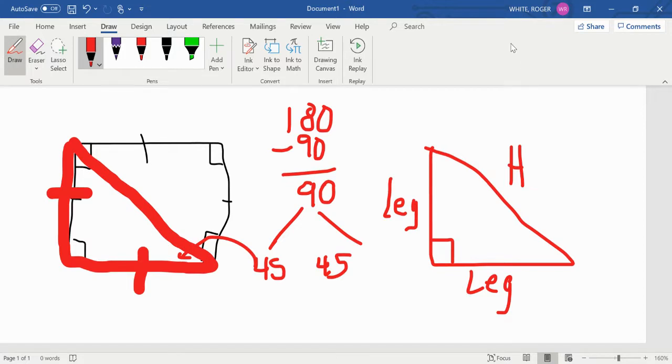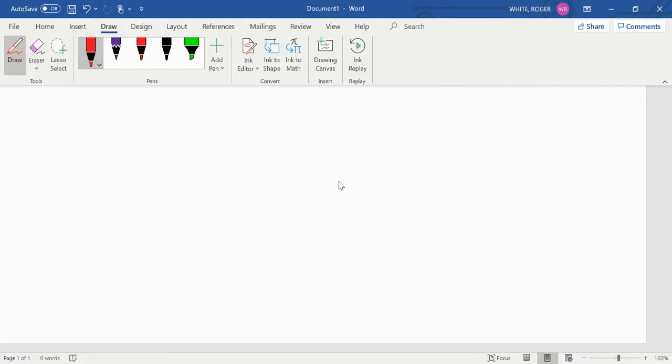Again, it's called a 45, 45, 90. It's formed by a square cut in half. And it has two parts. It has legs that are congruent in length, and it has a hypotenuse. Okay. Now, the next